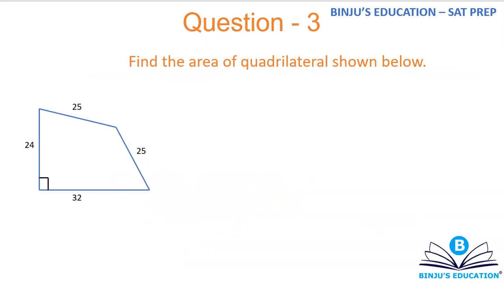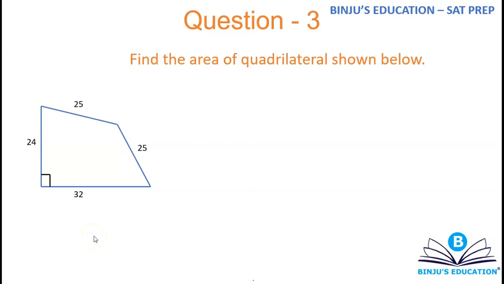So again, follow the same process, guys. Pause the video, give this one a try, then play it back so that you understand how to solve the question. Alright, let's try this one. This one says find the area of the quadrilateral shown below. Four sides are given, one angle is given as 90. Let me name the vertices also. So we have A, B, C and D. And I need to find the area.